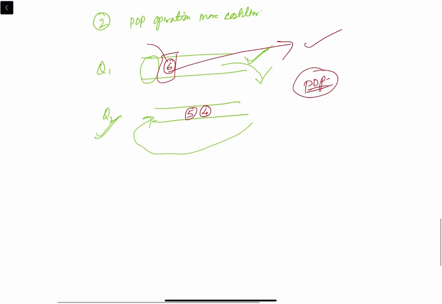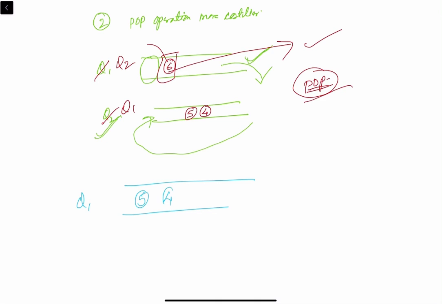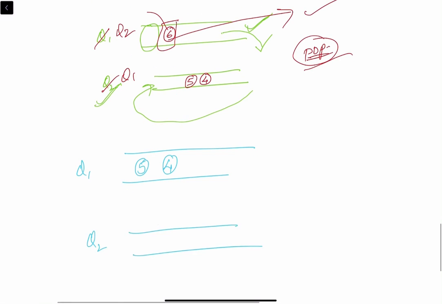Now, as I said, when you do this pop, just rename this Q2 and this Q1. In the next iteration, Q1 now has 5 and 4, and Q2 is again empty. And the same again, if you want to do this pop operation, DQ and enter 4 here. The only element left is 5. Easily you can pop by DQing this and then rename Q2 as Q1.